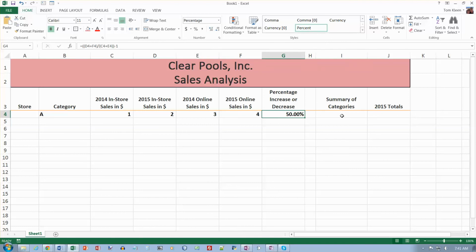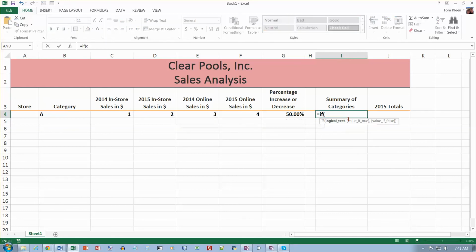Select cell I4, and we want to put an if formula in there. So equals if, count if, $B, $4, B4, comma, B4, equals 1, comma, B4, comma. Okay. And then go to J4,